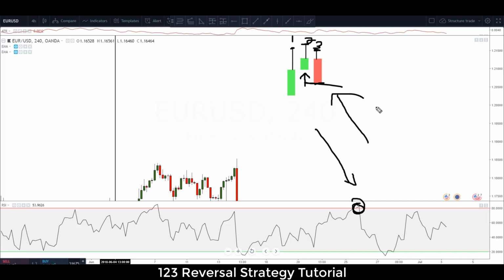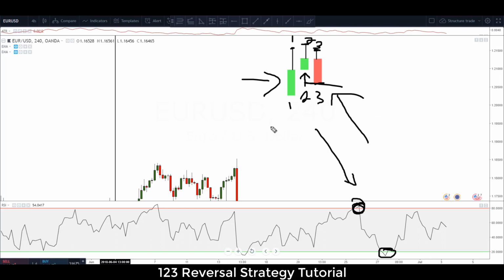As you can see, all we're looking for is our 1 2 3 engulfing pattern. We're going to be looking for that when the market is either in an overbought or oversold condition. If we're in an overbought condition, of course we'll be looking for a 1 2 3 engulfing bearish entry. And if we are in an oversold condition, you can flip that around and it'll be a 1 2 3